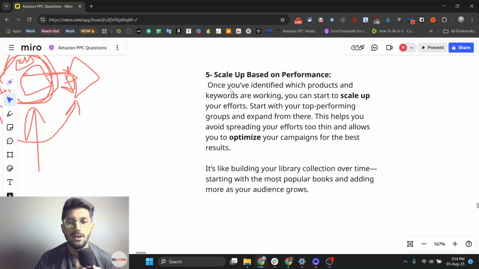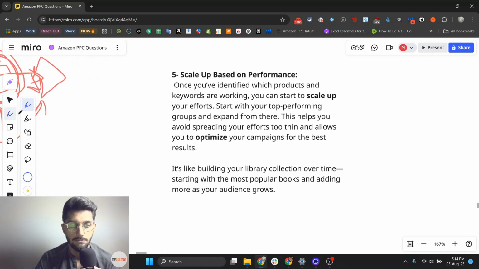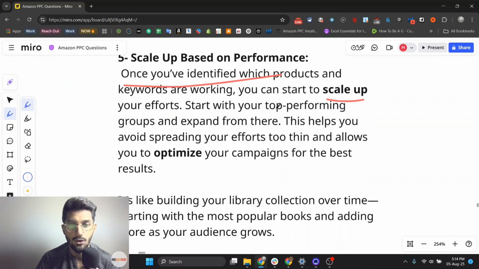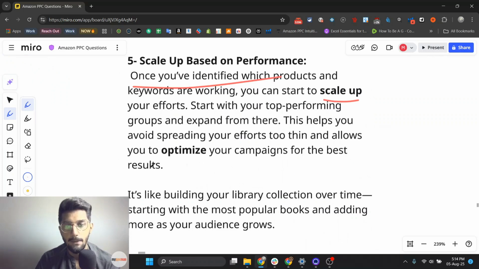So the last point is to scale up based on performance. Once you have identified which products and keywords are working, you can start to scale your efforts. Start with the top performing group and expand from there. This helps you avoid spreading your efforts too thin and allows you to optimize your campaign for the best result. It's like building your library collection over time.